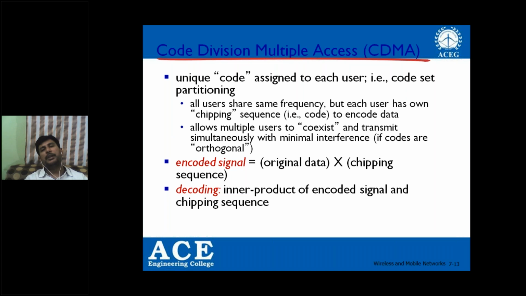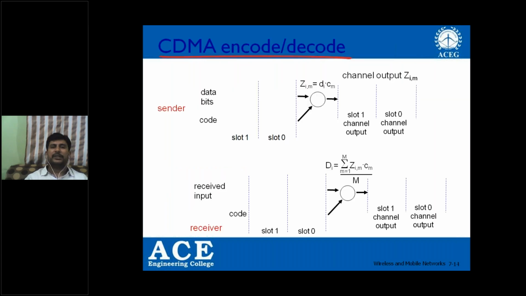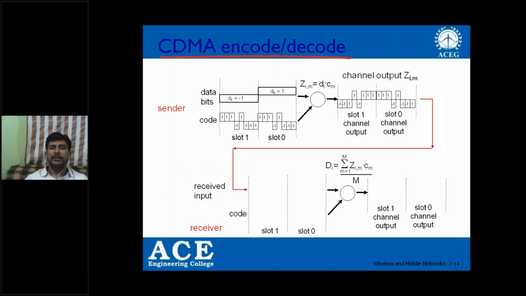Then we talked about the multiple access protocol, which allows access at any time, at any frequency using a chipping code. We are trying to encode the signal before we transmit. At the receiver, we reverse the process by decoding the signal. Then we talked about